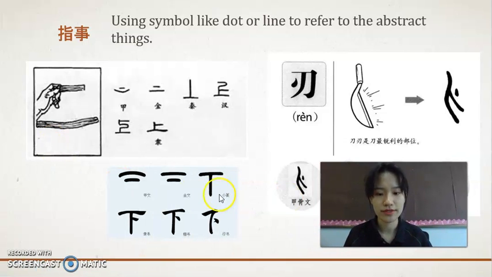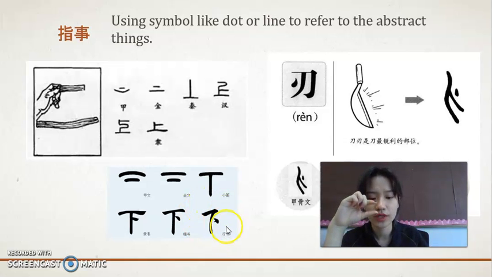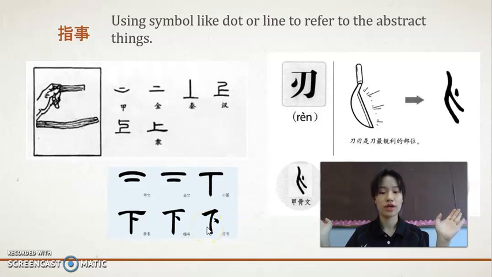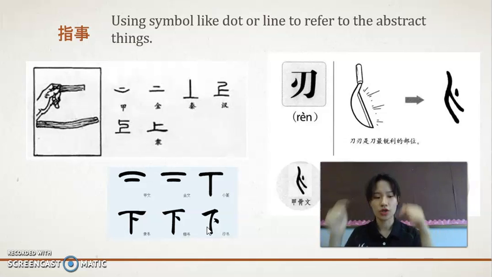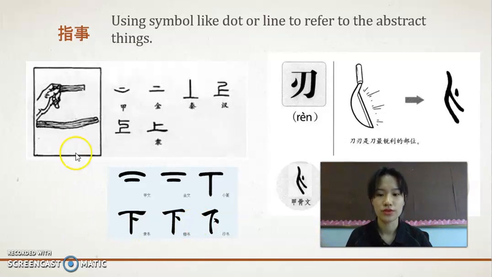In the same way, we can see in this picture the short line goes on the bottom, not on the top anymore. And after it changes, it becomes like this. So can you infer what this character means? Which part is referred to? Okay, the answer: this refers to the thing on the bottom. 下 means down, bottom, go down, like that. So this is how we create words using symbols.